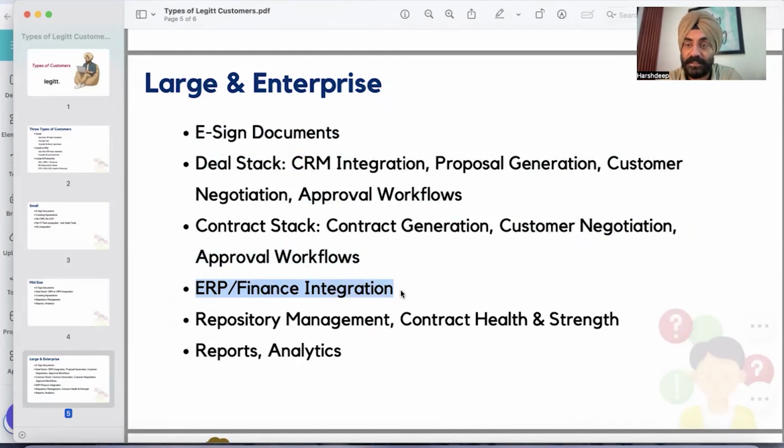We have integrated with SAP Ariba. We have integrated with Icertis. We have integrated with Sirion Labs. Many of these CLMs do not have the analysis or review capabilities that Legitt AI has. So we have the capability of implementing Legitt AI contract intelligence on top of the existing system.